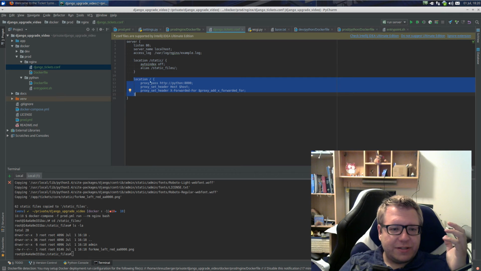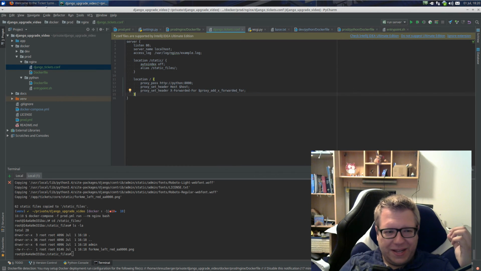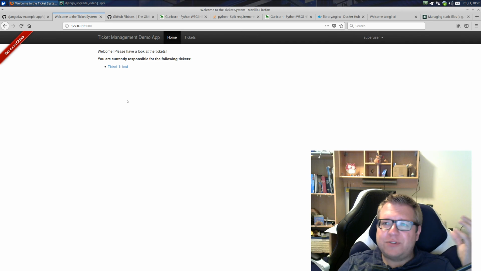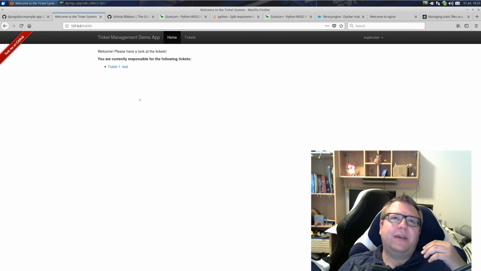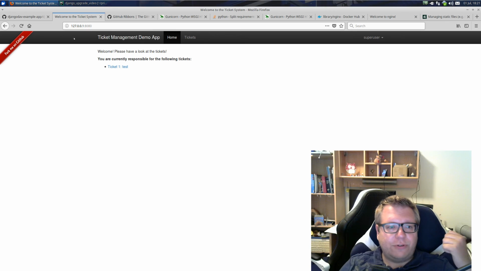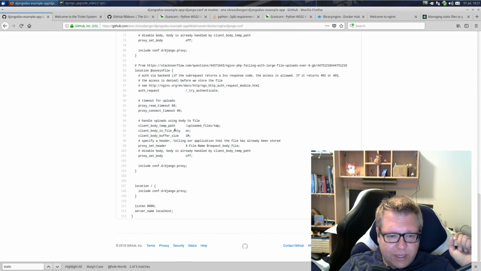This part is like saying, oh well, yeah, whatever is coming, forward it. I don't like it if it's like this. What if you have a web server where you don't only have your Django application, but you want to host a robots.txt, not within your static folder, but on your root folder of your web server? Then you need something different. Then you need, let